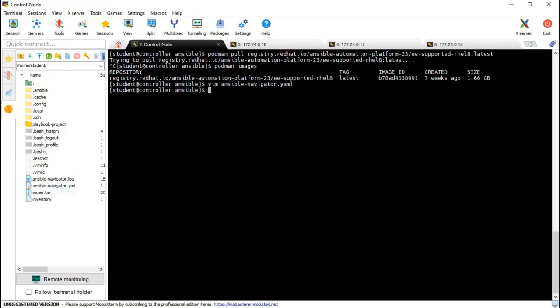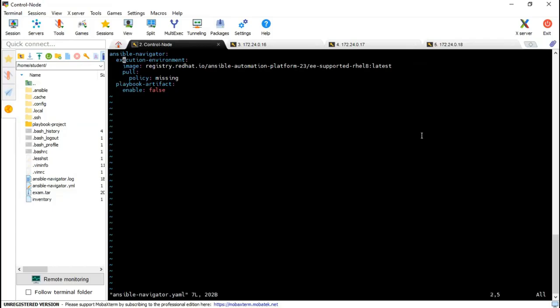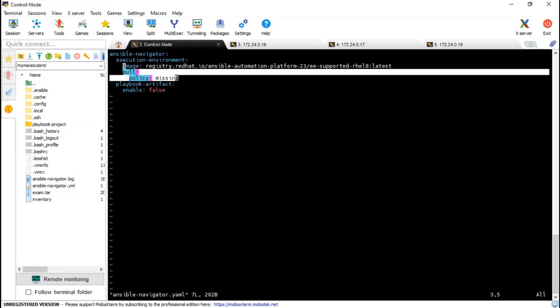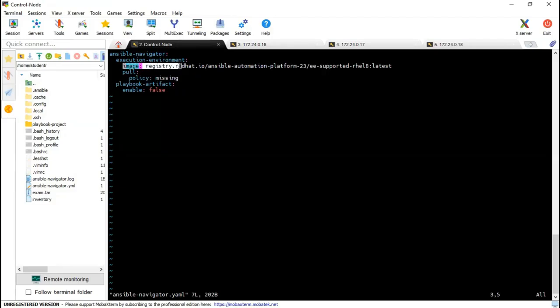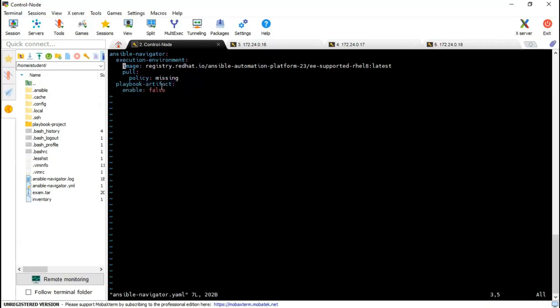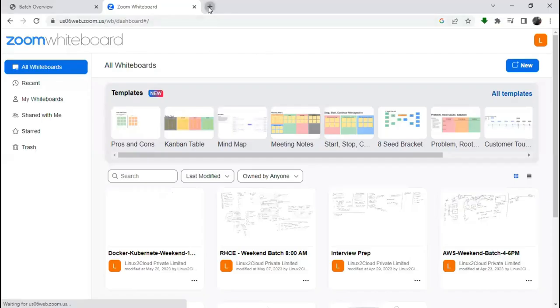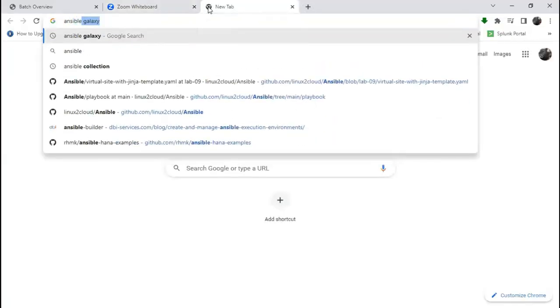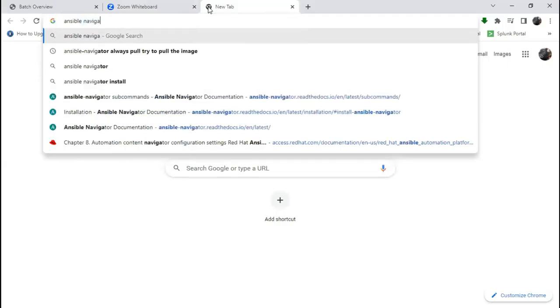Is there any trick so that we don't need to remember that YAML file? Specifically for this, if you have a container background, it will be easy to remember, because this pull policy and image are from the container section only. You only need to remember these two things. That's it. In the docs, where can I go to search? Like the man pages for a command? Not man pages, but you can refer to this one as well: ansible-navigator.